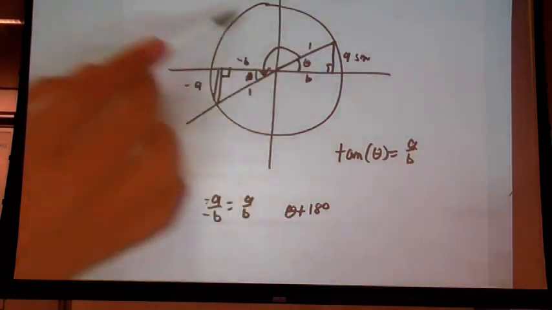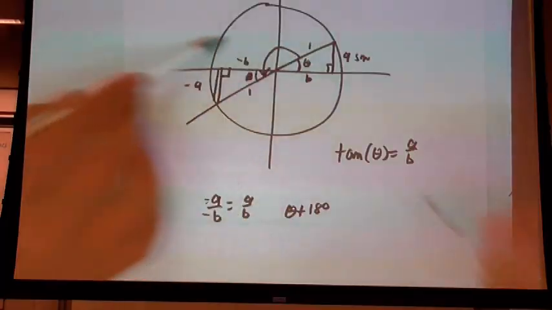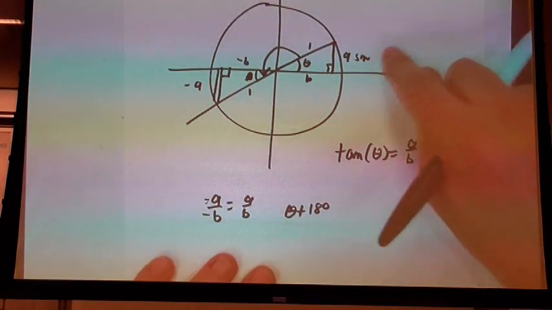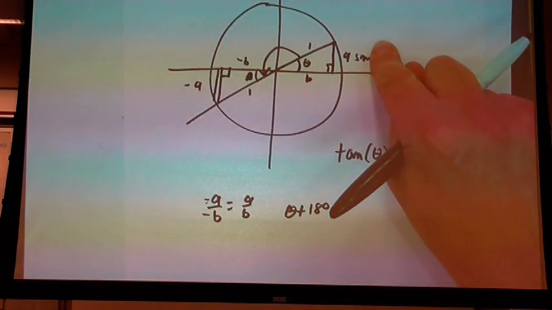Okay, so the tangent we're looking for is, well,